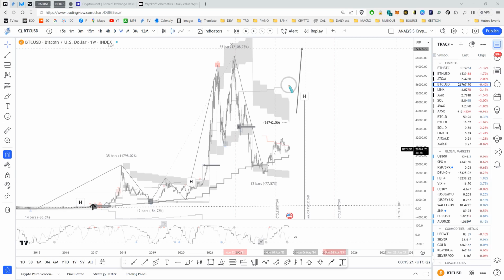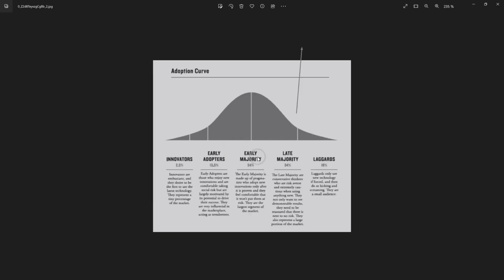Remember, the maturity of Bitcoin has now grown significantly. We're in the model of the early majority. That means the early adopters are already there, and the innovators as well. We're far beyond these things. We're past the tech enthusiasts, we're past the visionaries. Now it's really the adoption of the early majority.